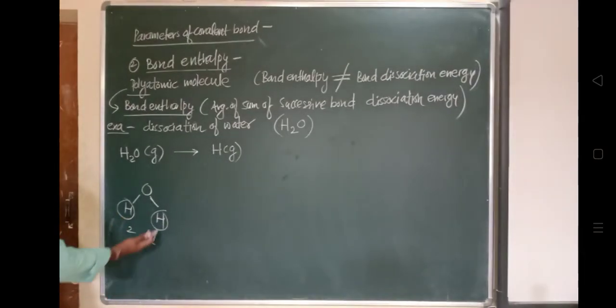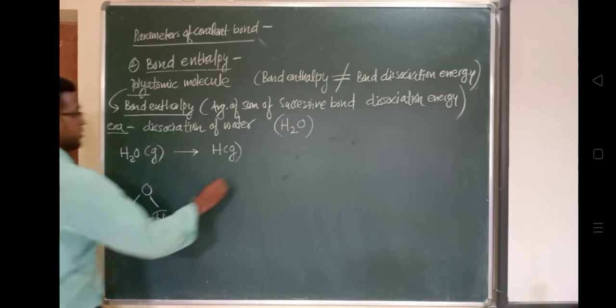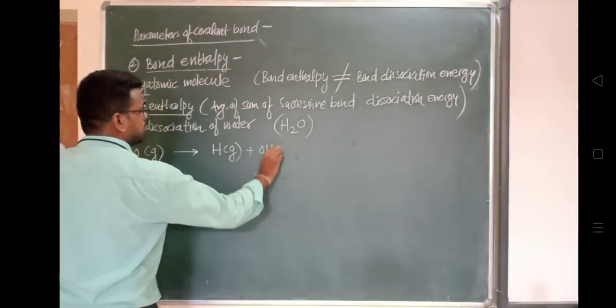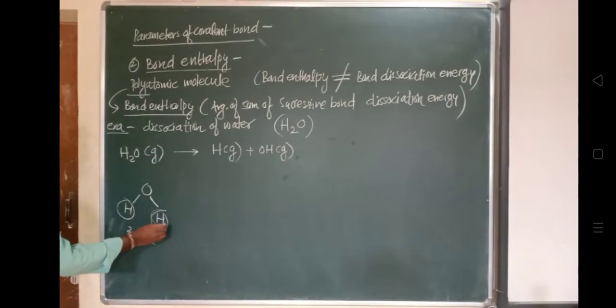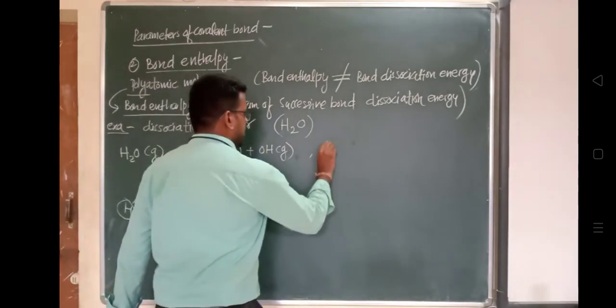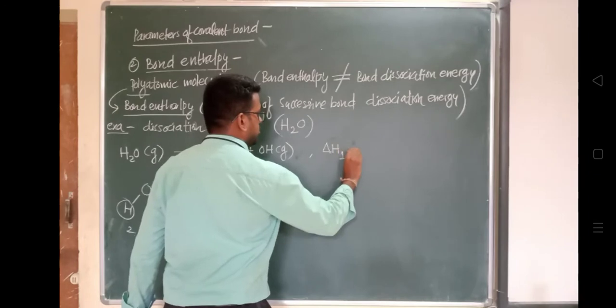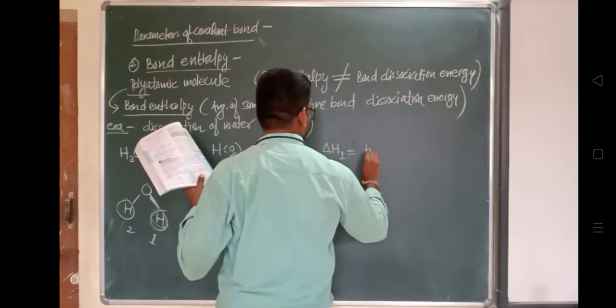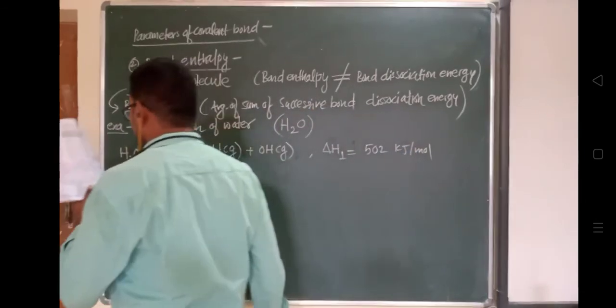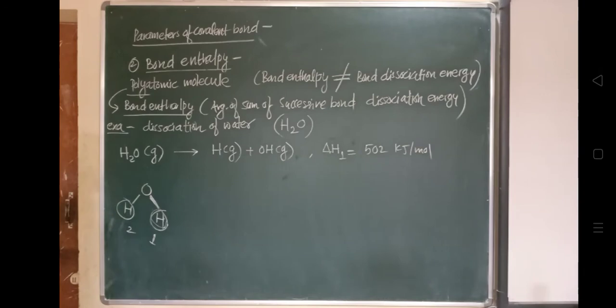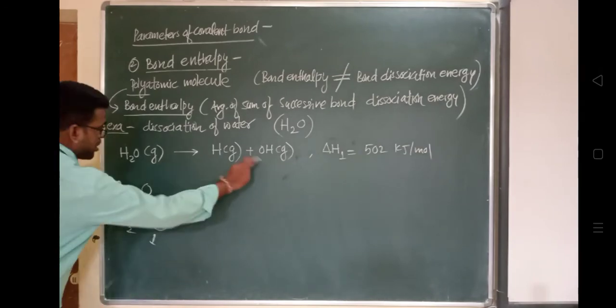Right now still an OH bond is present here. We have to break this bond also. Okay, देखो पहला bond break हो गया, और right now ये hydrogen separate हो गया. Right now it will break this OH bond. So what molecule is right now present? Yes, OH. So from this OH in the gaseous state, once again it will get dissociated into hydrogen in gaseous state and oxygen in gaseous state.